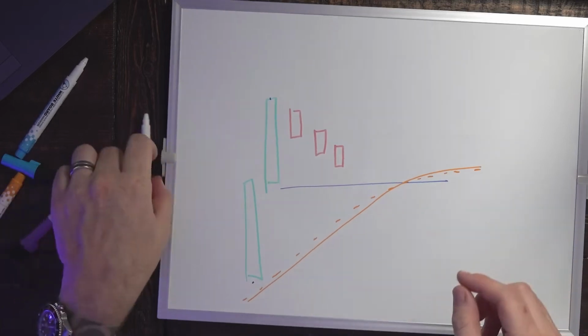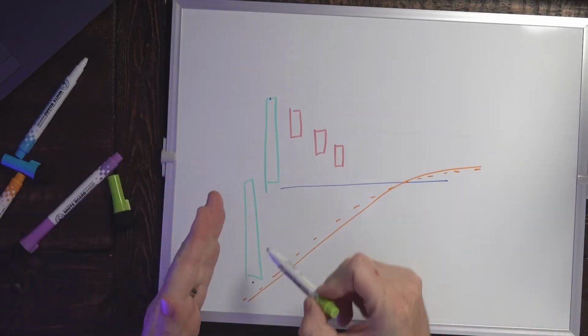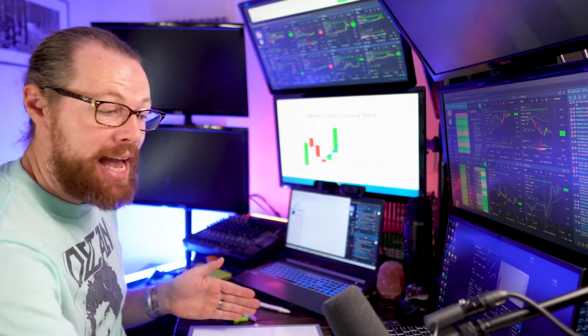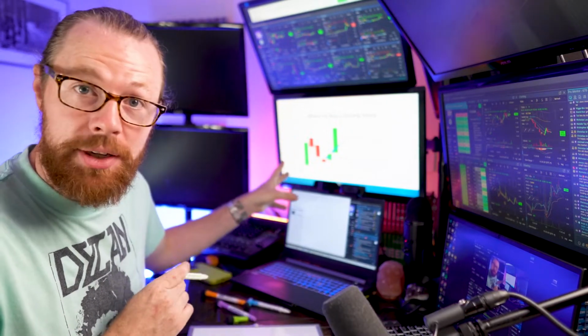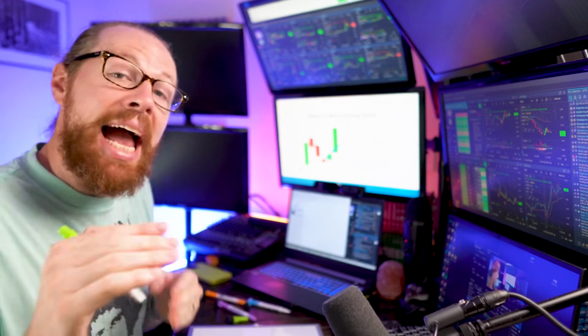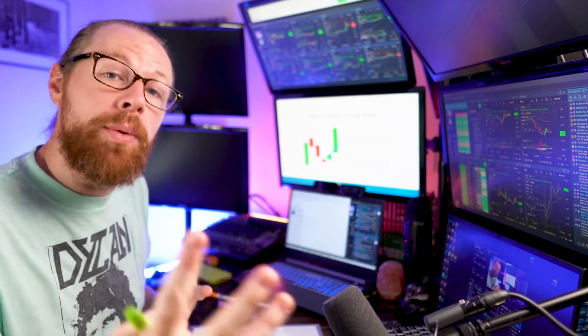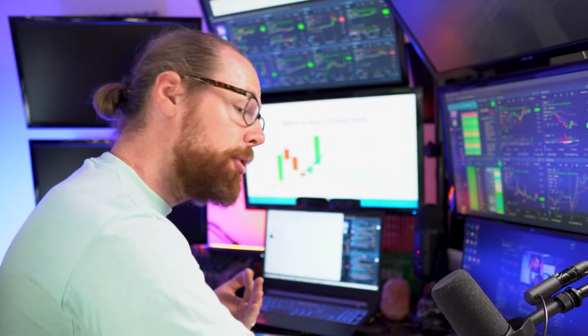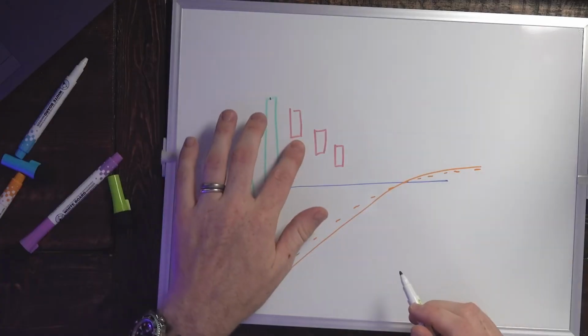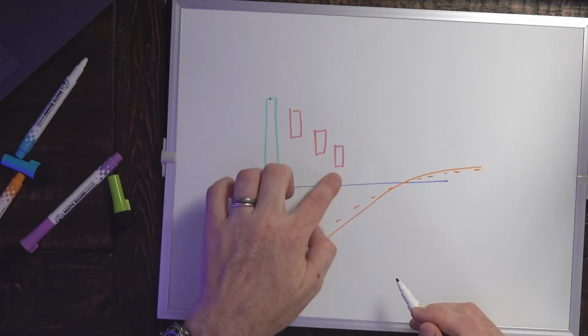All right, so as it's pulling back, I would have found the stock using my scanners. So I would have found the stock on my high day momentum scanner or on my top gainer scanner. So I see it squeezing up, and now it's time for me to be patient and wait for it to come to me. Wait for it to pull back a little bit. So I let it pull back. 1 candle that's red, 2 candles that's red, 3 candles that's red.